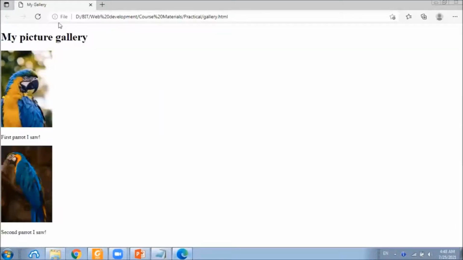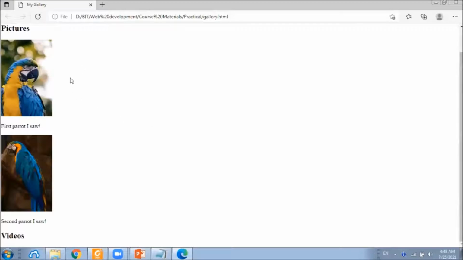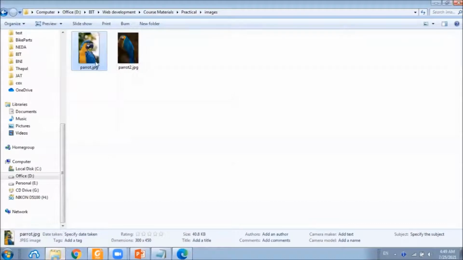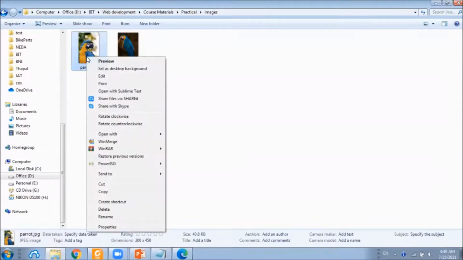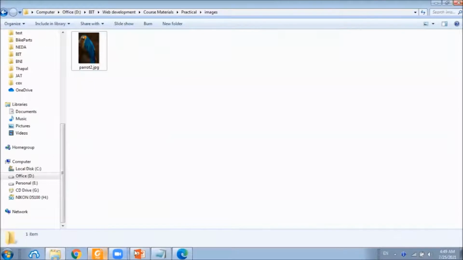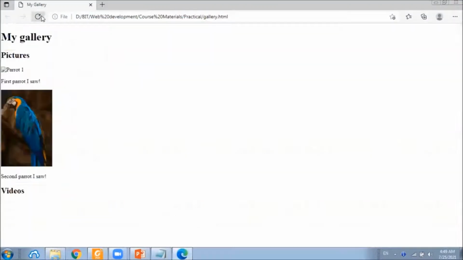Now, if we refresh the page, and when you put your mouse over the image, it will show parrot 1 and parrot 2. Let's see what will happen if we delete one of the images or rename one of the images. I will delete this first parrot, and then it says parrot 1.